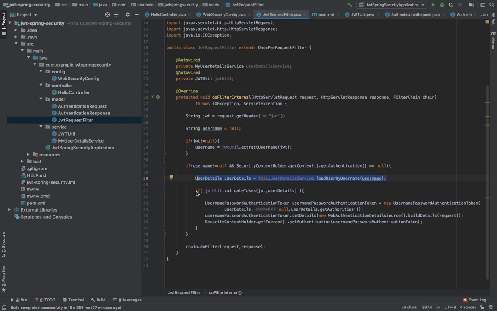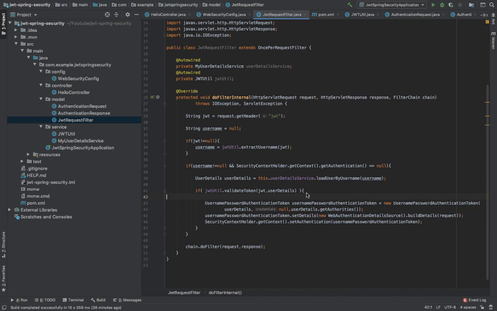And I'm going to validate the token. So this JWT contains the user that we passed in the request header, and the second argument, user details, contains the valid users which we fetched from my user detail service.